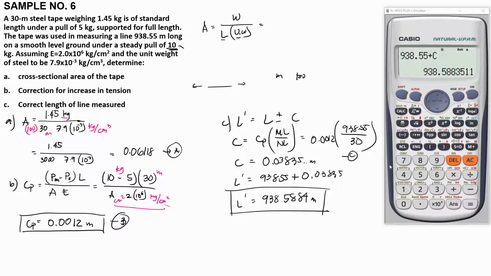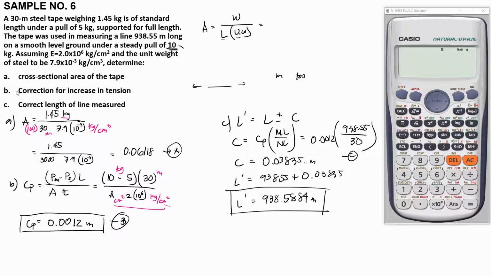So, ayan, yung final answer natin for the correct length of the line measured: 938.5884. So, ganun lang naman yung kay due to pull. Okay? So, simple lang siya. So, to transition naman natin to dun sa another type of